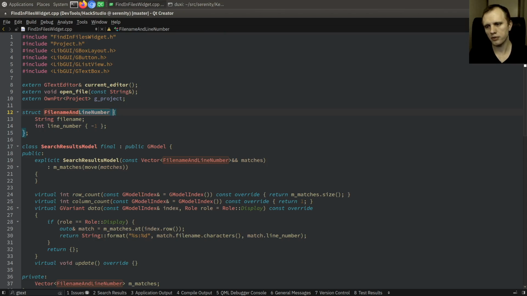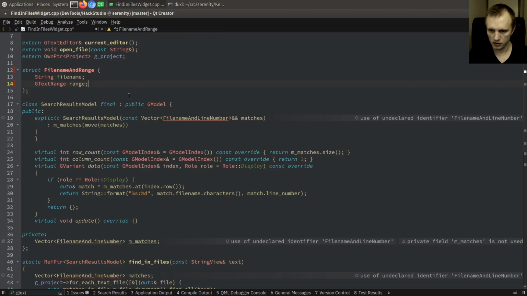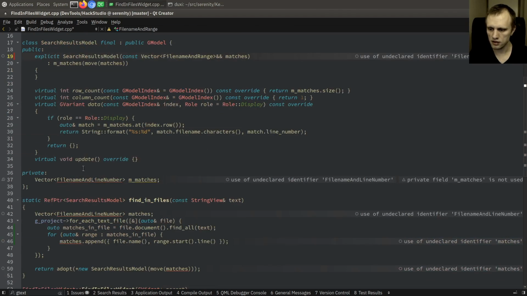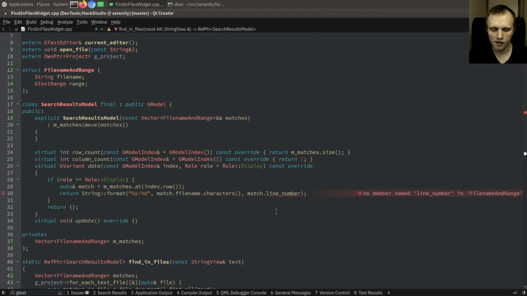So we're instead going to produce a file name and range. And let's see, let's make those. And we will just add the whole range. And then we can,